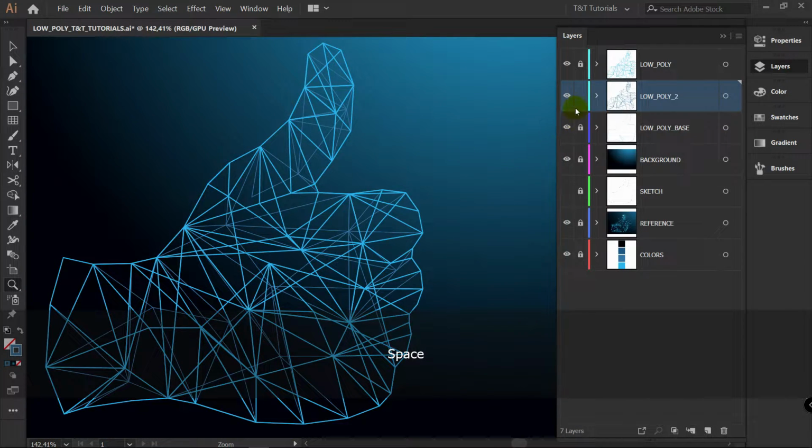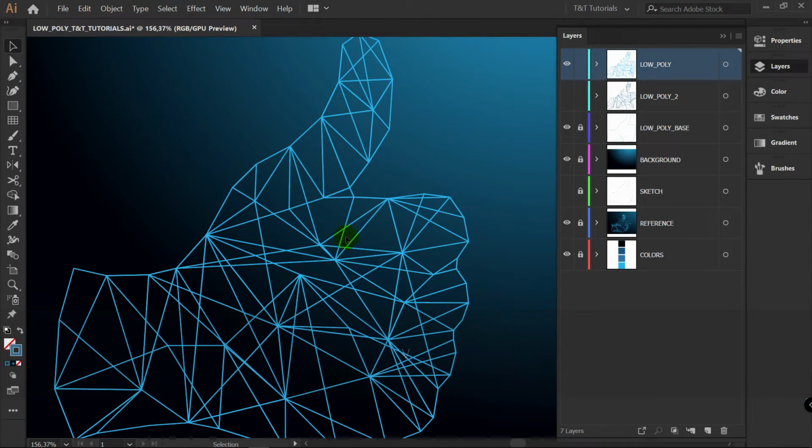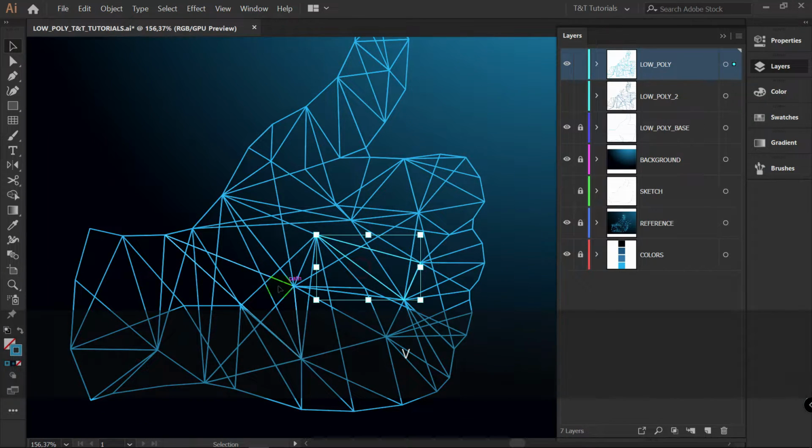I mentioned another way to create the second low poly layer. You could just simply create this layer, lock the low poly layer, and draw these triangles like we did with the first layer. You have even one more option. I will hide this low poly 2 layer. You could create these low polys, then simply randomly select some triangles,